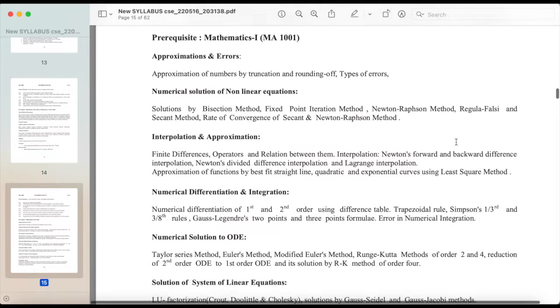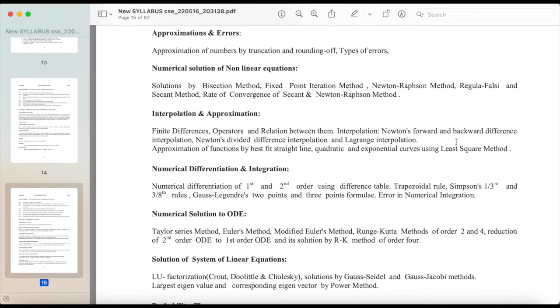by B.V. Ramana, TMH, 2007. Mathematics 4: Approximations and Errors, Approximation of Numbers by Truncation and Rounding Off, Types of Errors, Numerical Solution of Nonlinear Equations, Solutions by Bisection Method, Fixed Point Iteration Method, Newton-Raphson Method, Regula-Falsi, and Secant Method, Rate of convergence of secant and Newton-Raphson method, interpolation and approximation, finite differences, operators and relation between them, interpolation, Newton's